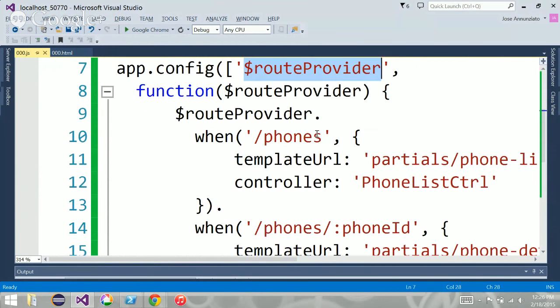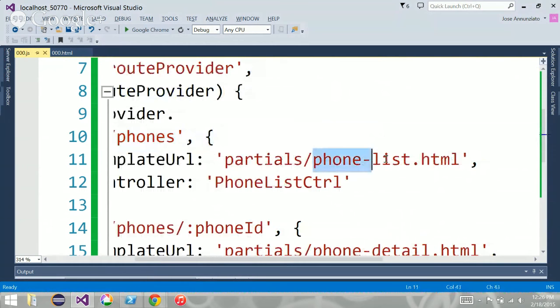And the route provider allows you to say, when you see this on the URL, this is the HTML that you should show, and that's the controller that is dedicated to that particular page.